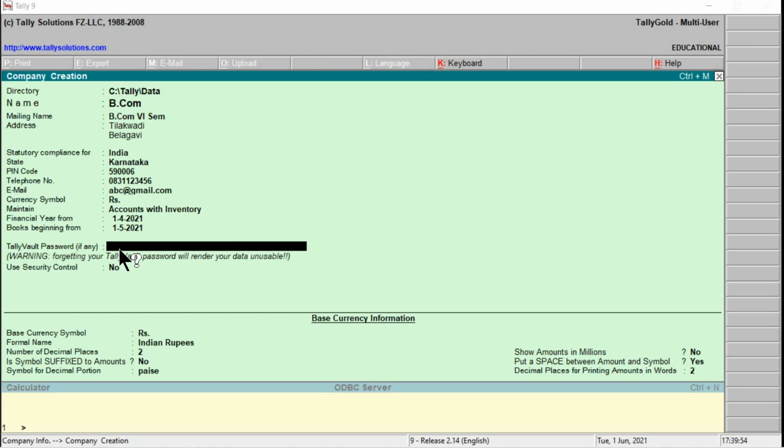For that sake, it is important to remember the Tally Vault password, as the Tally Vault password cannot be broken by any means. This is mainly used for encrypting the company's data. Okay, but right now I am not going to provide any password here.